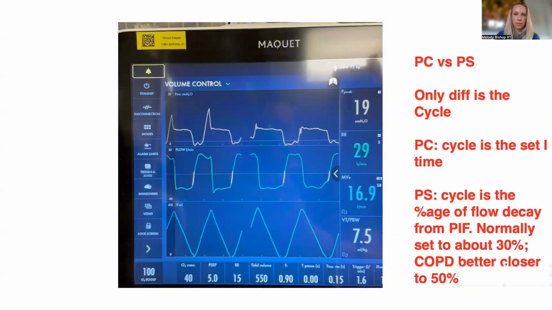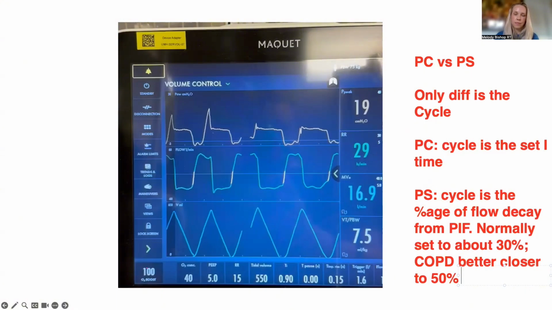Which brings up the next point, which I guess we might as well, what the hell, we might as well do it. SIMV, right? Let's say SIMV PC, what is really the difference? There is no difference, right? Because the spontaneous breaths are handled as pressure support. The control breaths are pressure control. As you mentioned, the only real difference is the cycling mechanism, right?